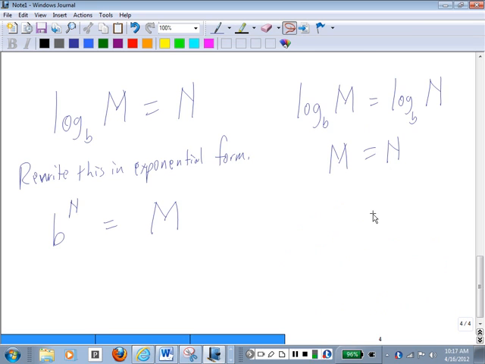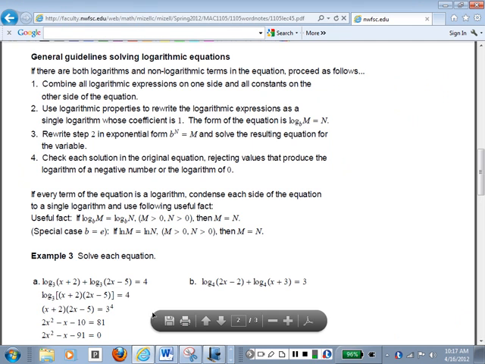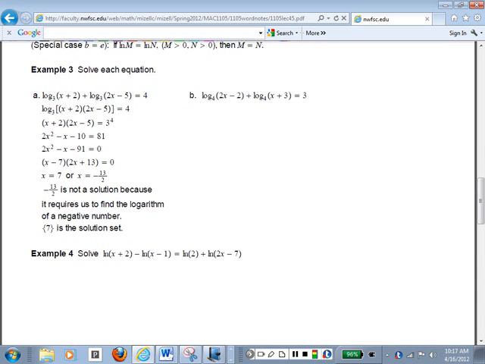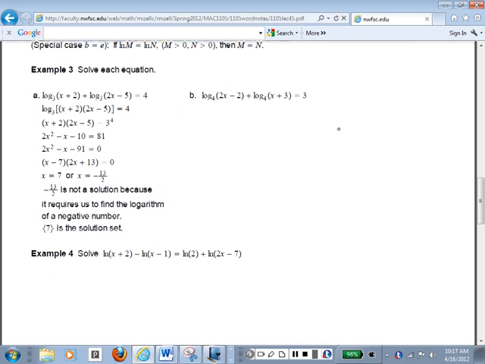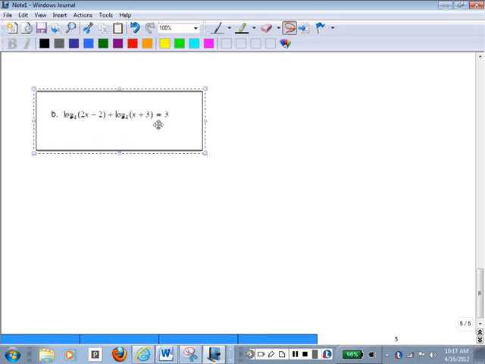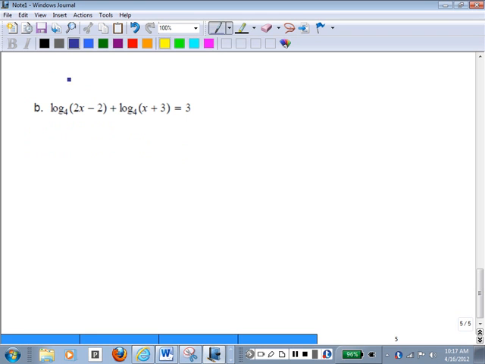Okay, so we'll look at least one of each of these, maybe two of one of them. Solve each equation. Example 3, the A part has been done for us. So let's look at the B part. But can you explain, let's see, it's not a solution. Oh, okay. Yes, let me comment on that because